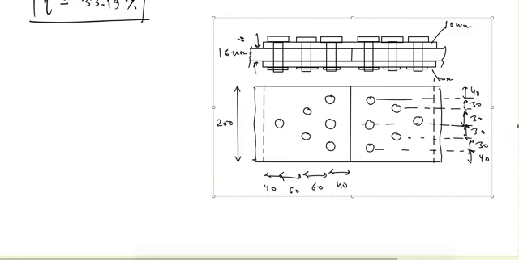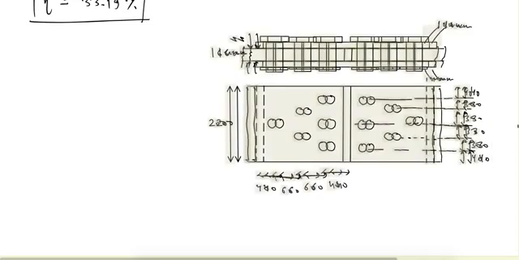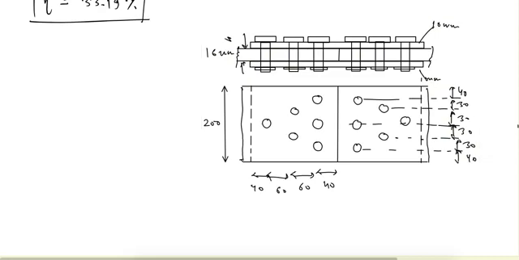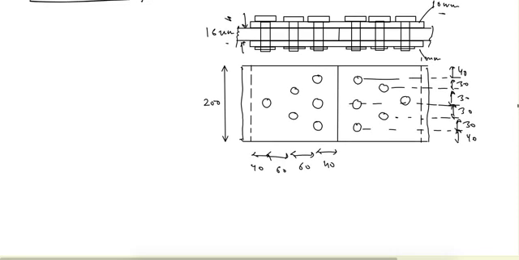Okay, so this is the question. We have two plates, two 16 mm plates which are connected using two cover plates of 10 mm thickness, and this is the arrangement, that is diamond staggering or the diamond connection it is called, that is used here. So here also we have to find out the maximum force that can be transferred using this joint.